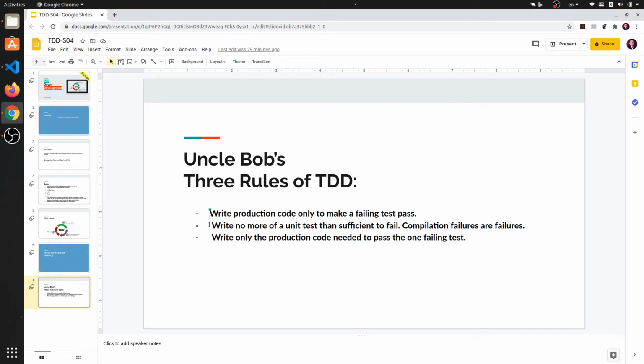Okay, here we have Uncle Bob's 3 rules of TDD. The first one, write production code only to make a failing test pass. This is just what we're going to do right now. The next one, write no more of a unit test than sufficient to fail. Compilation failures are failures. This is what we have done in the previous step. And the third one, write only the production code needed to pass the one failing test. And it is a little the same as the first one. Okay, back to the code